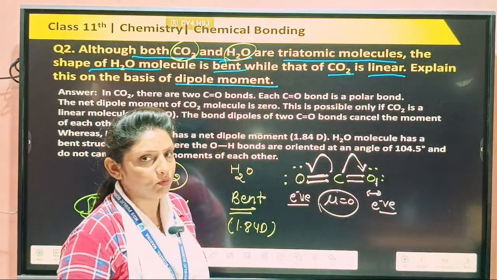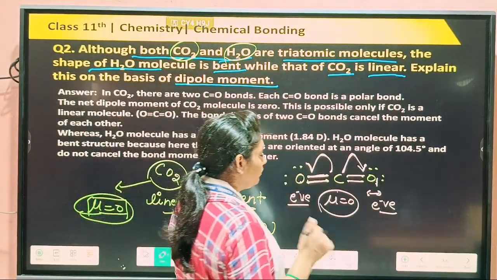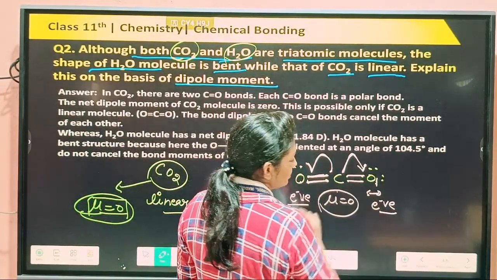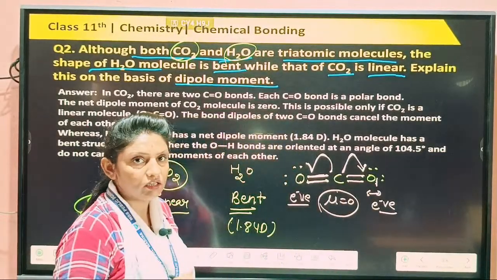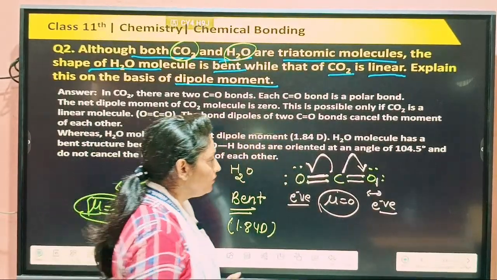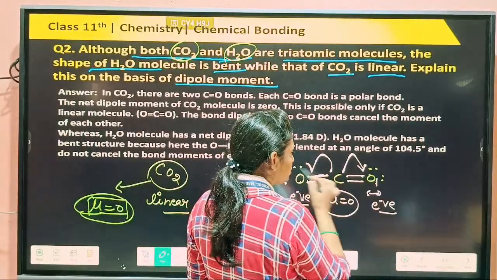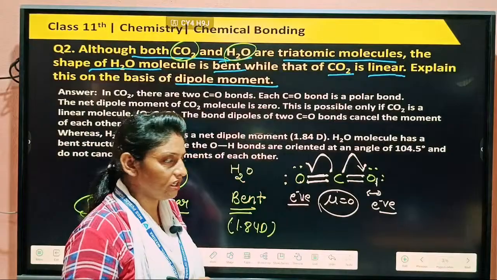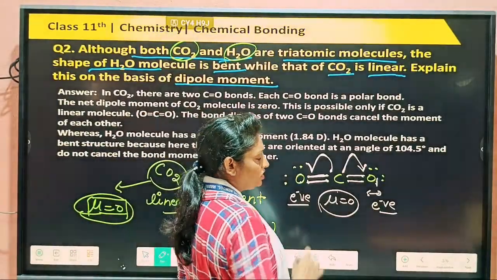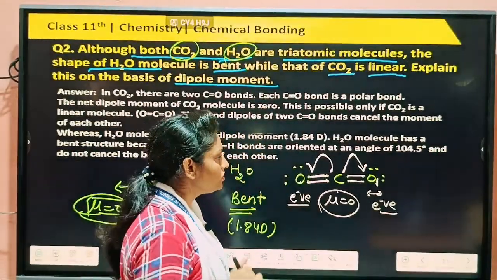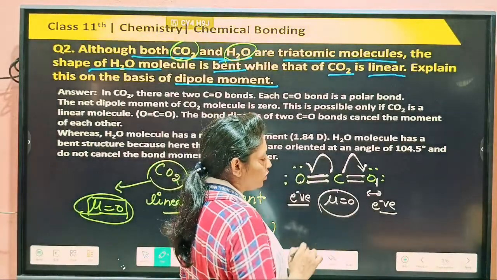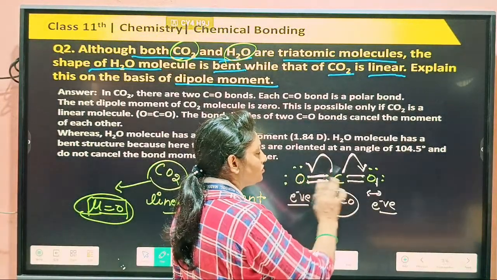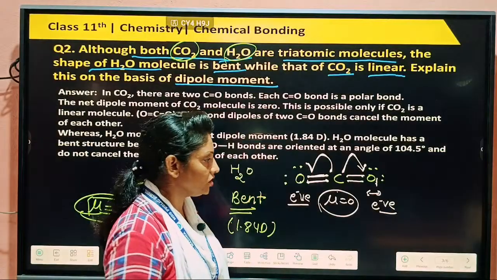So when will it be possible? It may be possible only if the structure is linear, otherwise not. Because if they pull in opposite directions to the same extent, then the dipole moment will be 0, otherwise not. So this showing dipole moment 0 shows that its structure should be linear. Okay students,